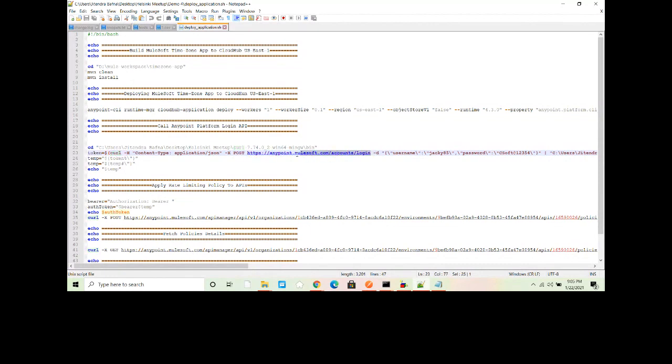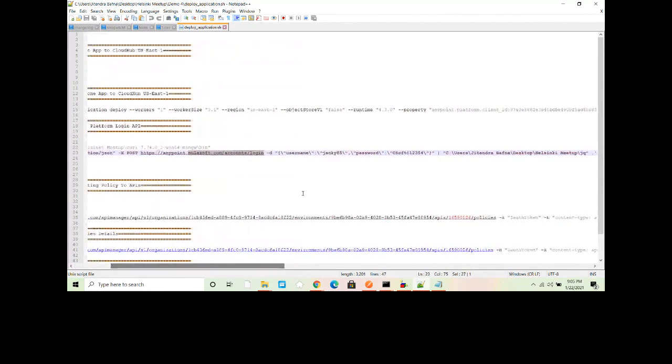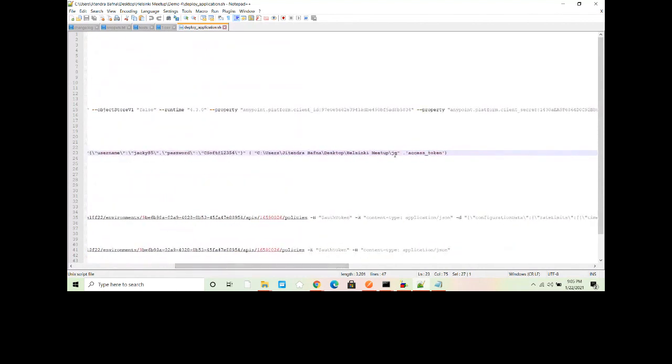Then I'm posting the data to this login URL, passing the body with username and password. I'm also using a utility called jq. Basically I will get some JSON and I just want to read the access token. jq is used to parse your JSON, so you can use jq .access_token in your shell script, and I will store this access token in this particular token variable.